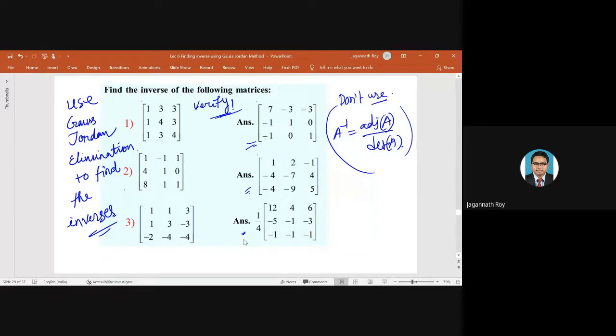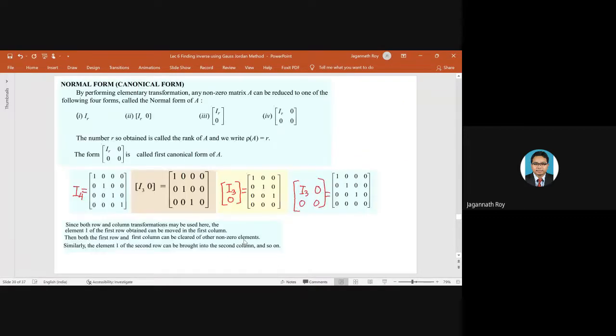Okay. So after this, we have found out how we can use the Gauss Jordan elimination to find the inverse of a matrix. Now there is another form which is very closely related to the Gauss-Jordan form. And these forms are called normal forms. Sometimes some authors will also call them canonical forms. So what are those forms that we have? These normal forms are actually used